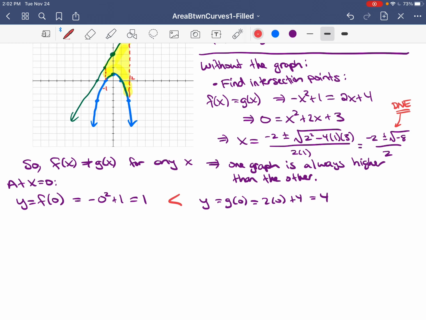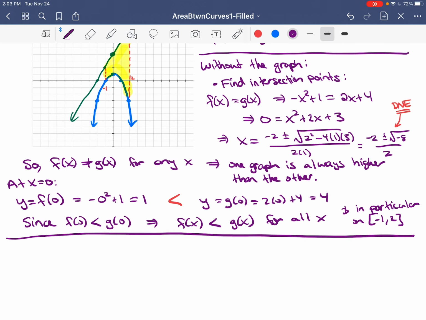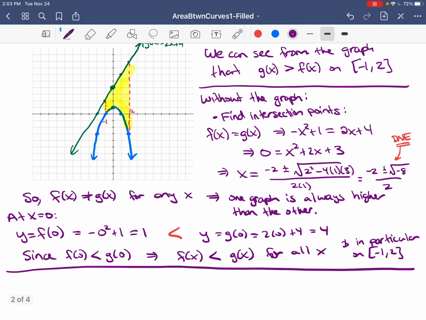So we can see that f of 0 is smaller than g of 0. So this is another way: since f of 0 is less than g of 0, and one is always bigger than the other, this means that f of x is always less than g of x, for all x, and in particular on our interval. Now like I said though, since we had the graph, we didn't actually need to do any of that. The graph was enough to see this. But either way,